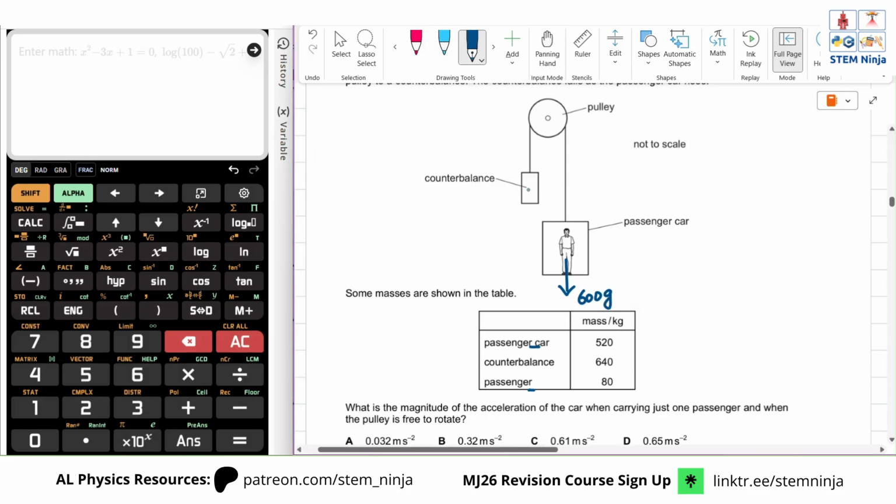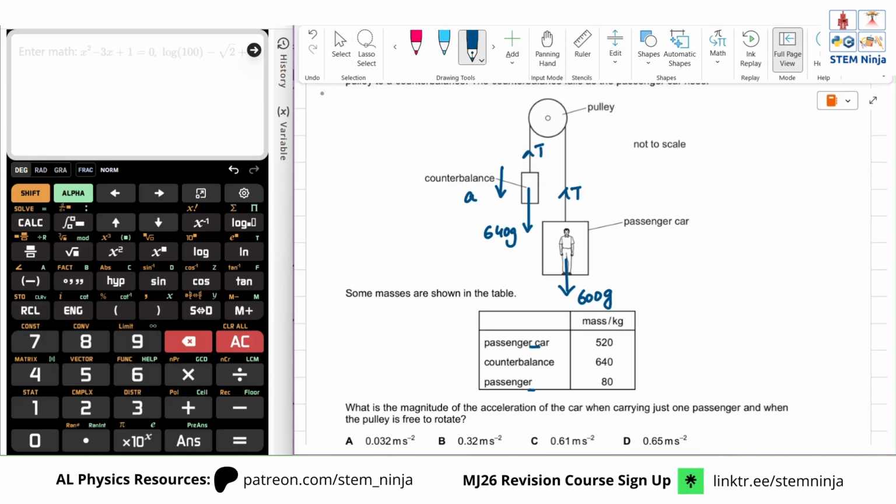Right. And similarly for the counterbalance, it would be 640 G. The tension is going this way, we already know that. But how do we solve this system of connected bodies? We know that the acceleration they will share would be the same, and in which direction is also obvious because the counterbalance is heavier. So there are two